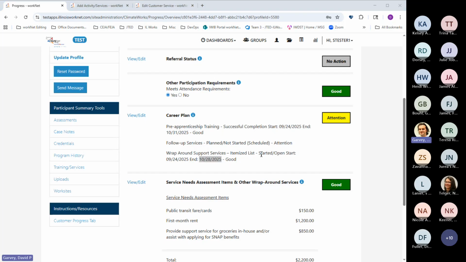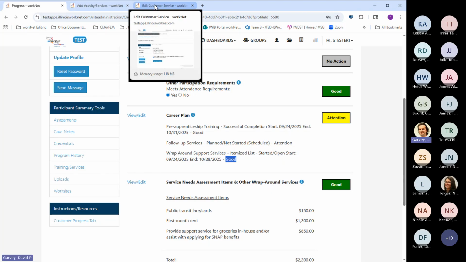And if we still had the status of started open, this would be a red flag because the system is seeing the service, we said that it would end by a date last week. So we just need to go back and update that. And then once that's updated, it will turn to green.